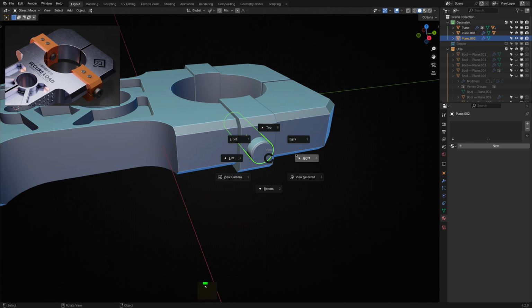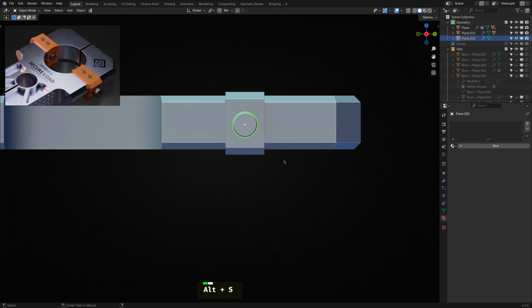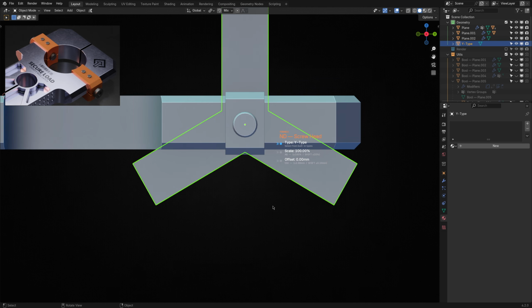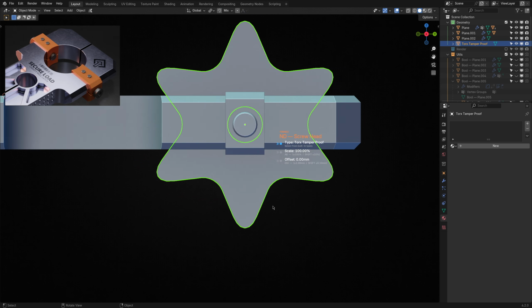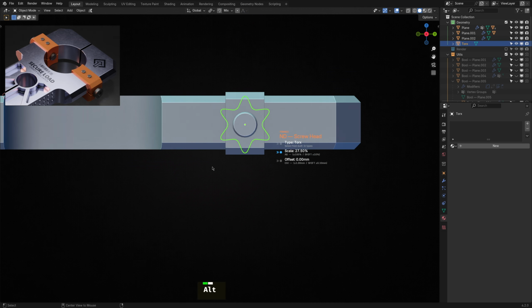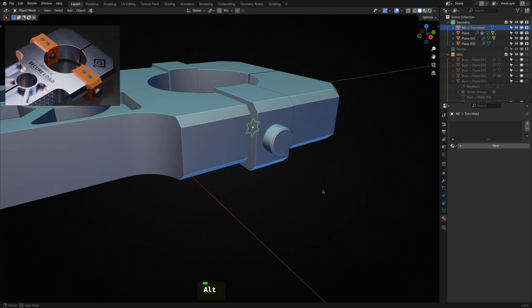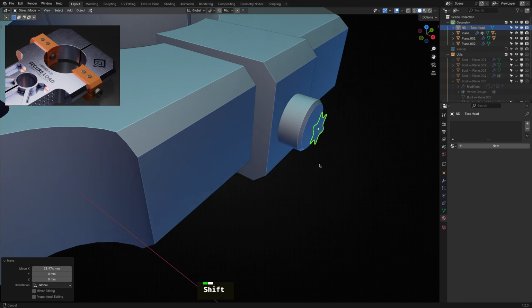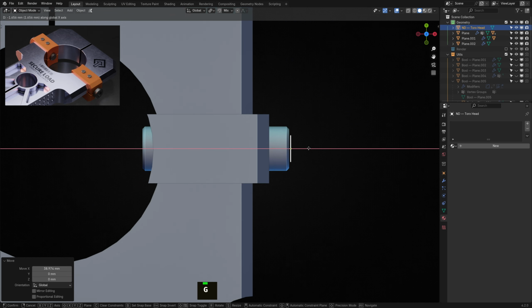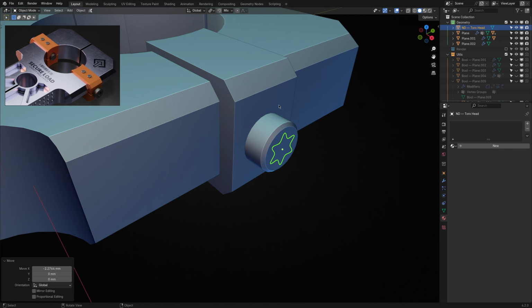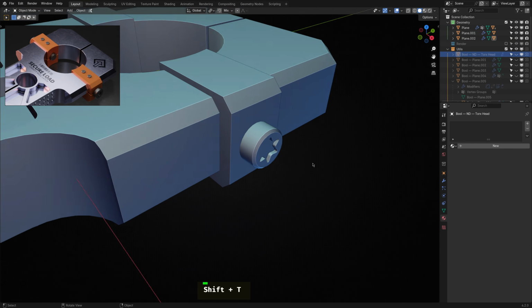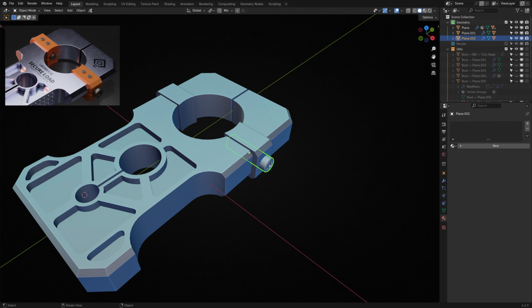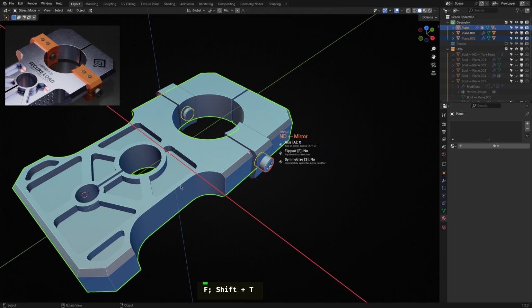With the base of the bolt selected, let's bring up the sketch menu and select the screw head operator. I'll go with a Torx head for this. Adjust the scale and offset as needed. Once you're happy with it, align it to the face of the bolt head, then solidify it and run a Boolean operation. You can then mirror the whole bolt to the other side of the block.